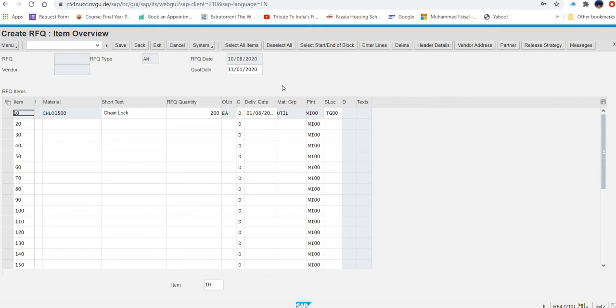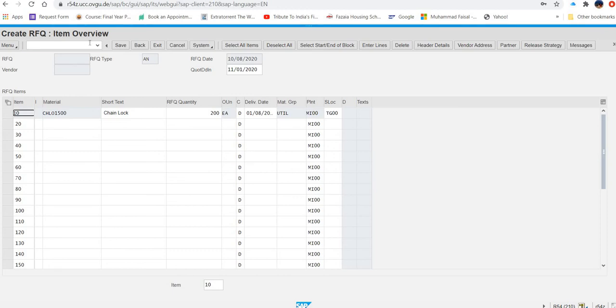So okay guys, what I did after entering that data, I just click here. There was a button called overview button, and that overview button takes us to this screen. Now on this screen, what they are saying, you have to be on overview screen, item overview screen. So we are on item overview screen.